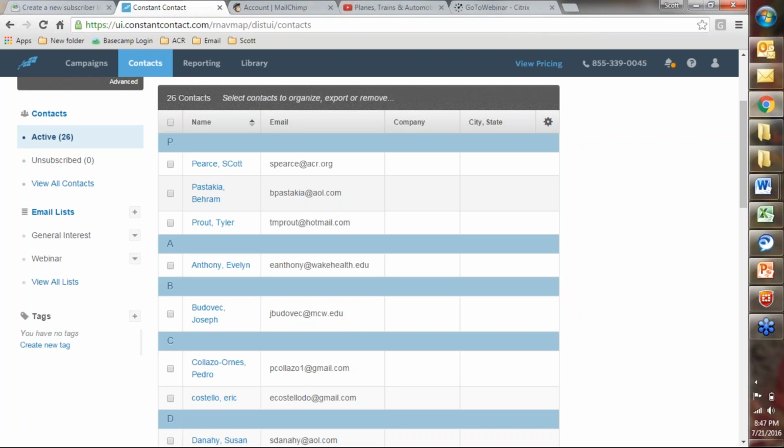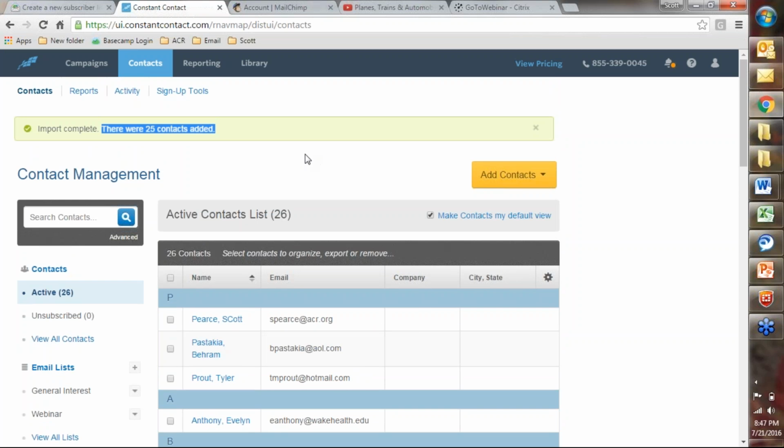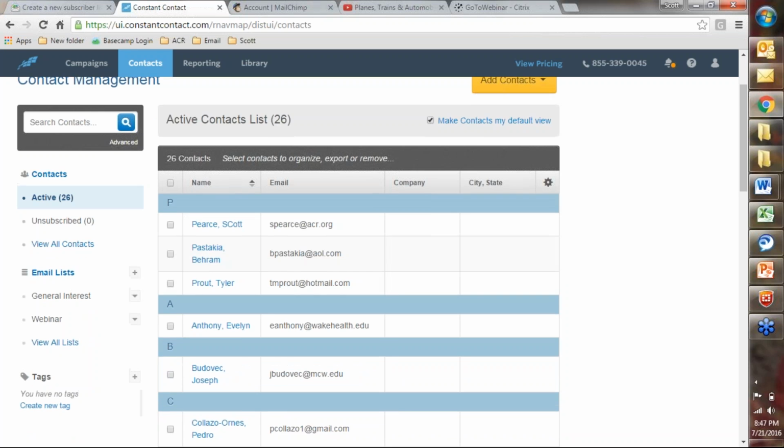But the best way to do that, though, is they have abilities within all of these to create forms, and you can create a sign-up form on there to have people resubscribe. But that's also a good way, is that if somebody does unsubscribe, you can basically tell them that if you do unsubscribe from our newsletter, the next chapter leader or chapter party is going to be at their house or their practice, and they're the ones who are responsible for all the hors d'oeuvres. So that's a good way to make sure that they stay active within your subscriber list. So at any rate, that was kind of the nuts and bolts there.